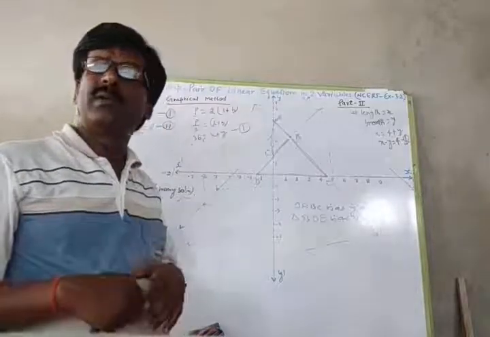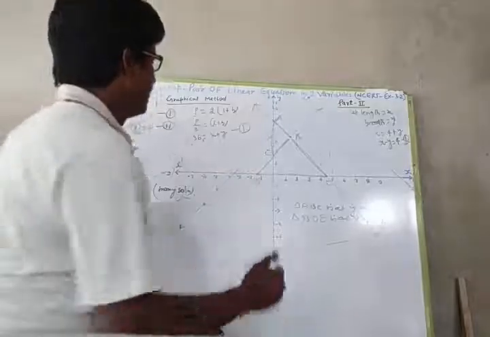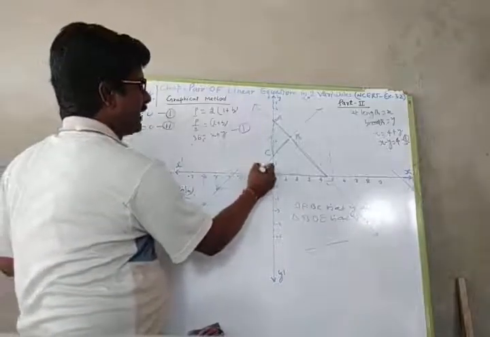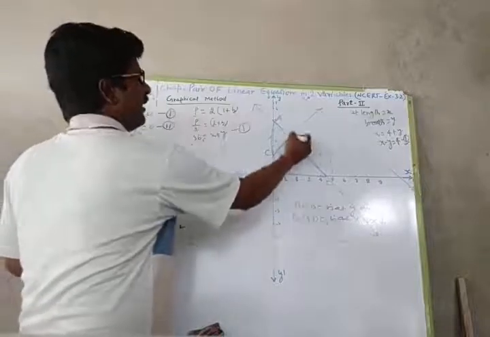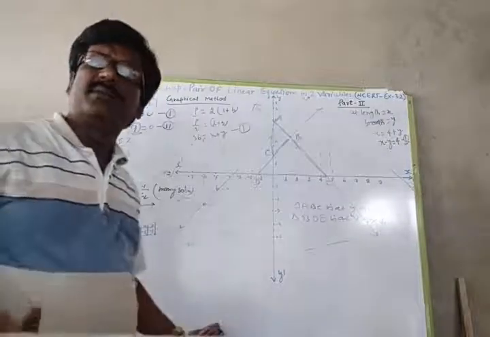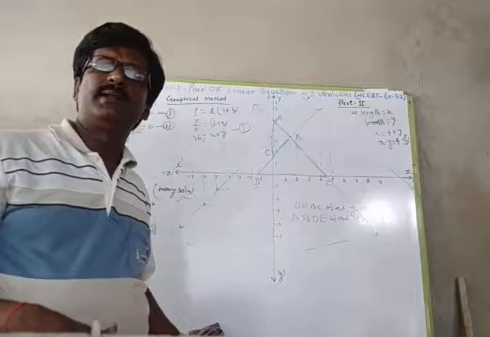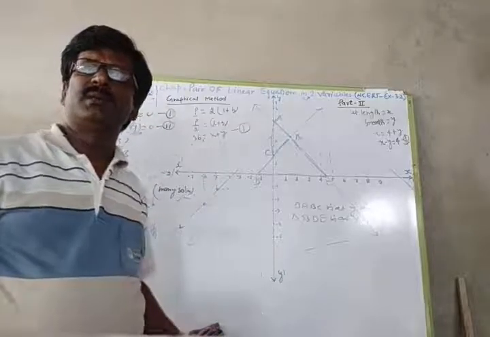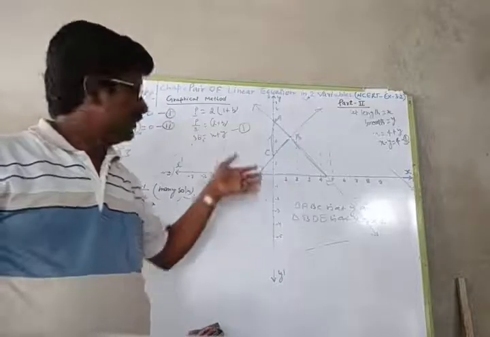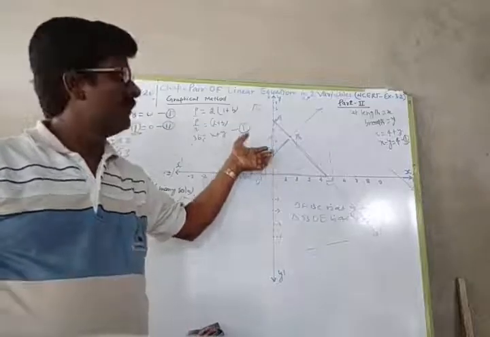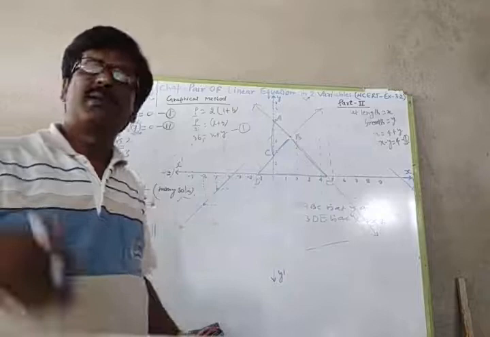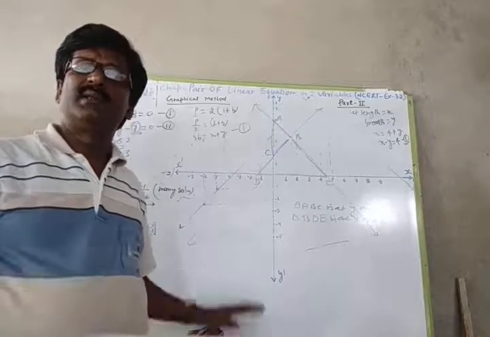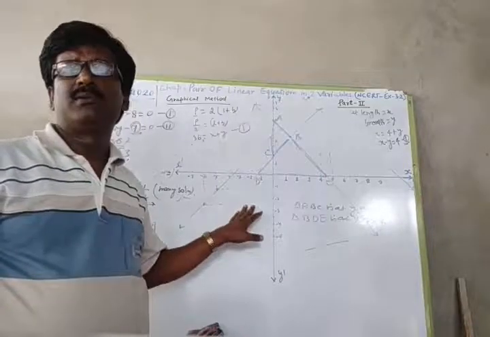Suppose the question asks for writing the coordinates, then we have to write the x and y of this point, x and y of this point, x and y of this point. Whether the question says coordinates, points or vertices, all are the same question. So with this technique we can solve this exercise 3.2 of NCERT or the first exercise from the reference book. Surely it will help you to solve the questions.